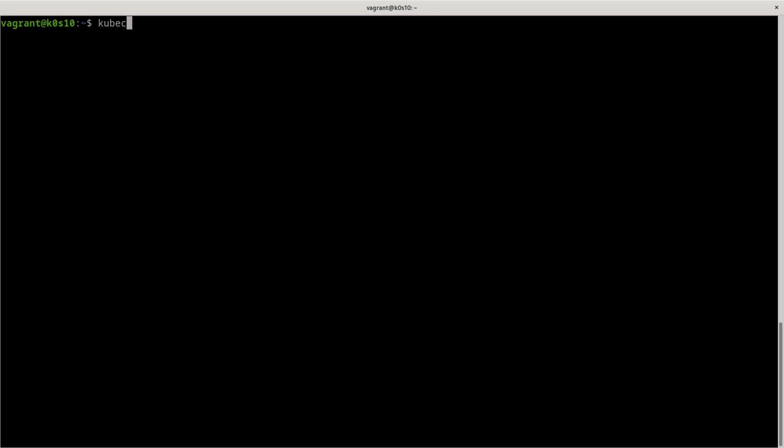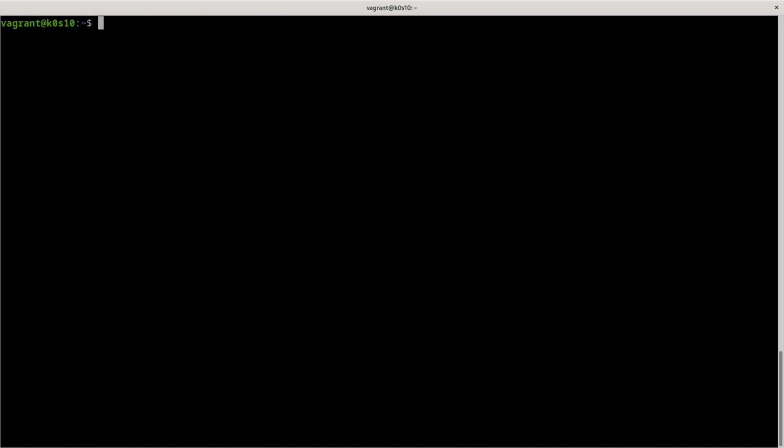So in our case, we want to run a pod. We just need to create the pod named nginx, --image and the nginx image. By default, this is the latest, so we don't care about the tag, but we can add it if you want, like here. And now you can see the output of this command. We have just created a pod named nginx.